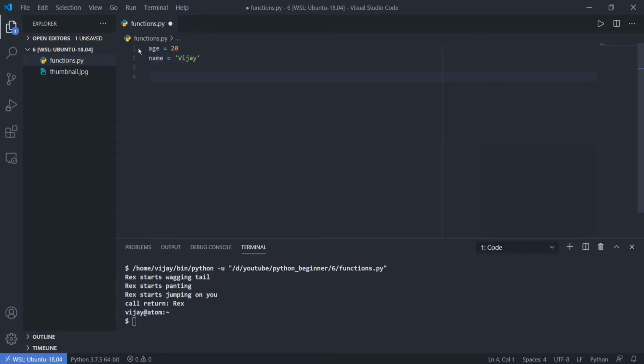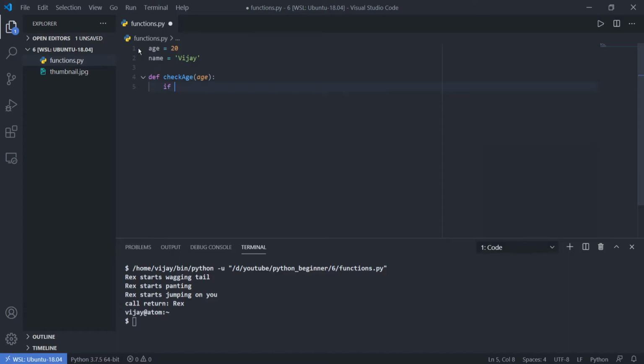And now here I'm gonna make a function. I'm gonna call this function check age. And what do we want to check? We want to check the age. So we're gonna have to pass in some age, right? So now that we're passing in our age, we want to see